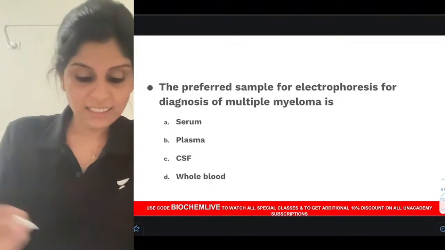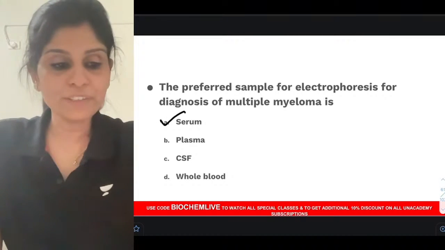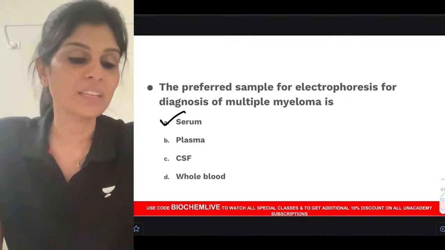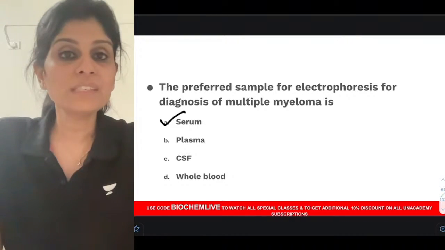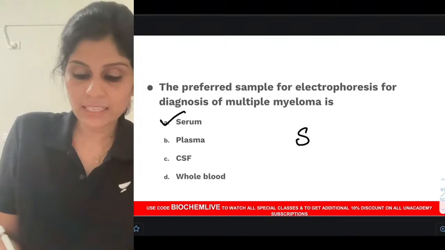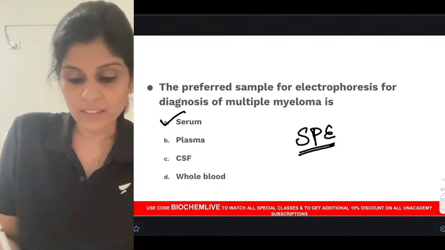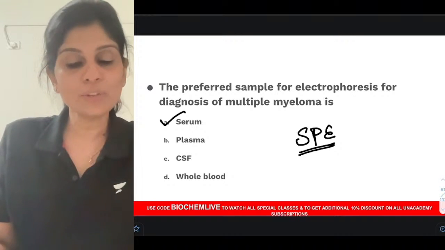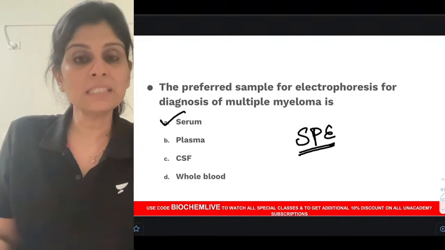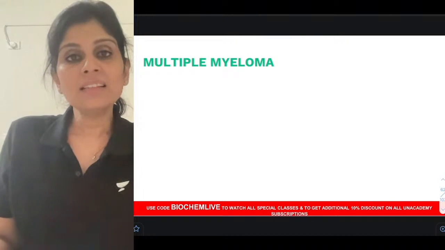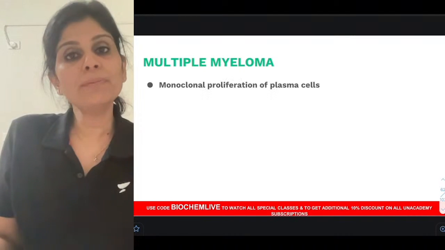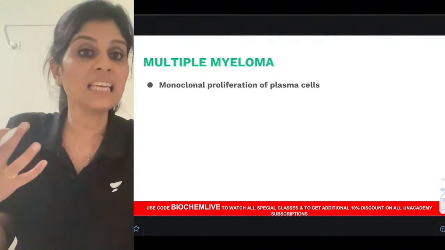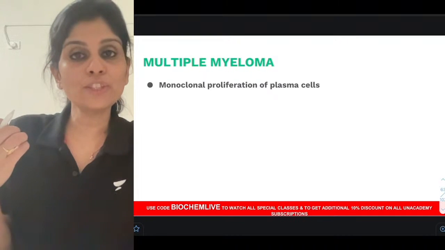Okay, so the answer here is serum. Preferred sample for electrophoresis for diagnosis of multiple myeloma, serum. Why do you prefer serum? We always write it as serum protein electrophoresis. It is because what is multiple myeloma? I told you, multiple myeloma is a plasma cell neoplasia, wherein there is monoclonal proliferation of plasma cells. Didn't I tell you? There is monoclonal proliferation of plasma cells, in the sense there is excess production of one